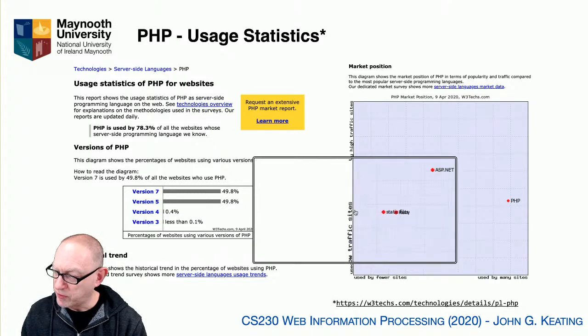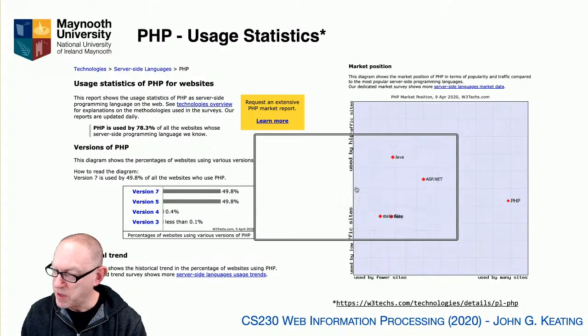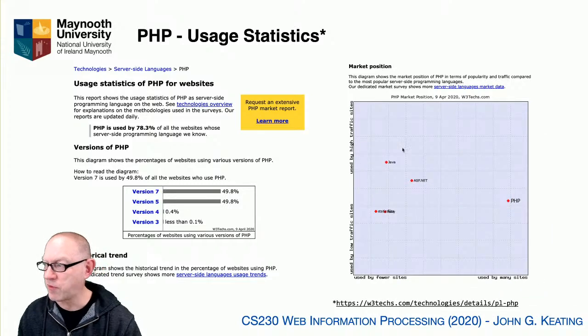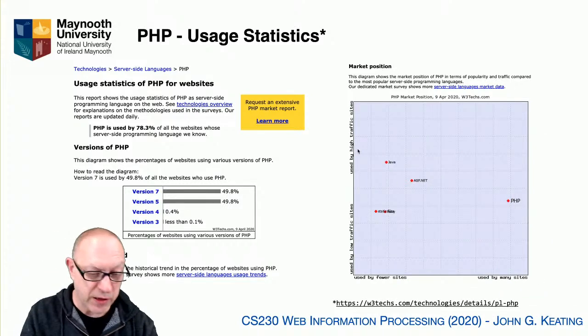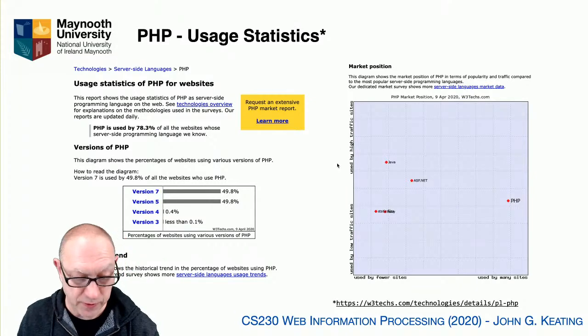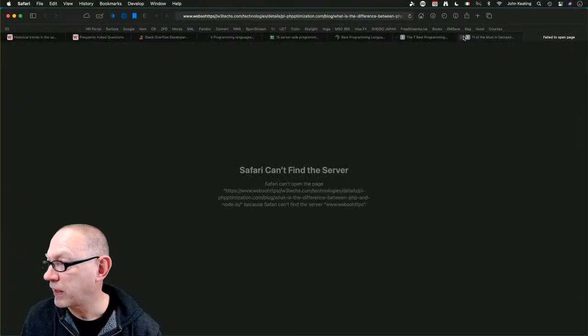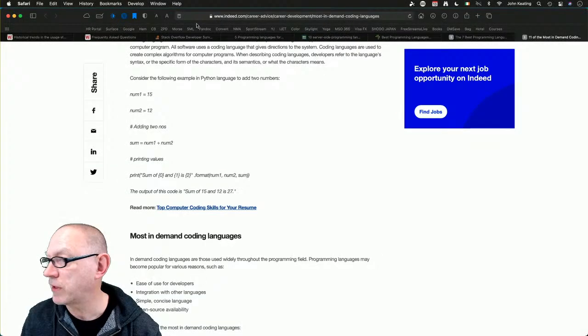The low traffic sites tend to use Ruby or something like this. And then the mid sites tend to use PHP, used by many sites. So it's a nice graph and chart. So we can switch, of course, to have a look and see about this. Find that server. I knew it wasn't going to find that server, but let's have a look at